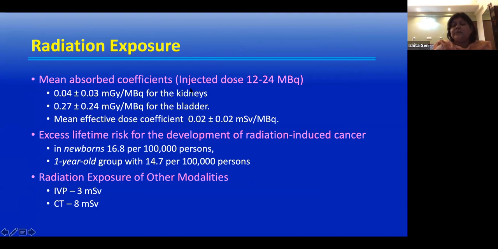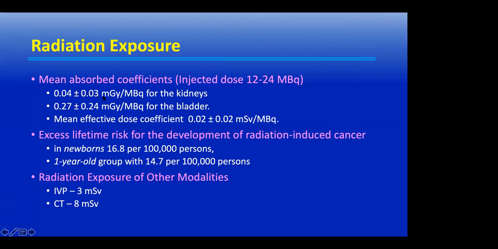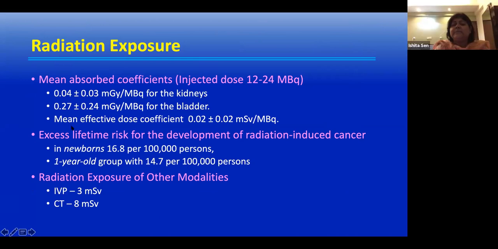So the radiation exposure is very minimal. It is 0.04 plus minus 0.03 milligray per megabecquerel for the kidney. So typically about 12 to 24 megabecquerel is injected for doing a scan. So you can see that the amount of radiation exposure in a DTPA is very, very minimal, and the excess